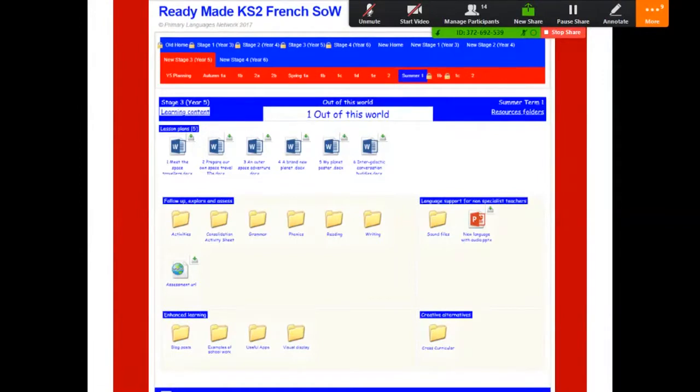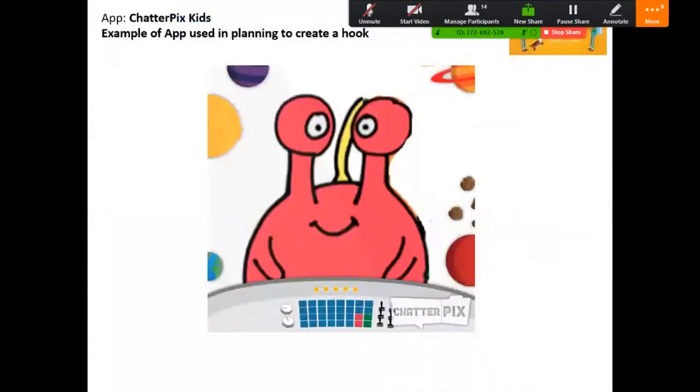And one of the first activities that's available is a story, again, narrated by Emily, of a trip to the moon. So on the next slide, you'll see that I've used the Chatterpix app again, just to create a little mascot, a little companion. This guy I created at home.